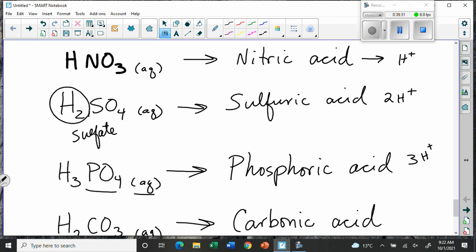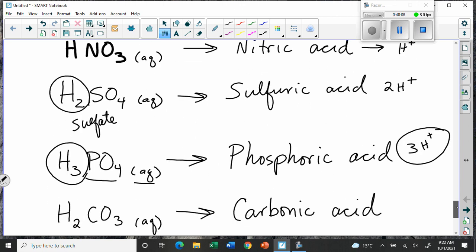Right? So some molecules can give more than one, which would change how many there are. But again, it also depends on how easy it is for water to pull them off. And the problem with some of these acids is as soon as you pull off one, it becomes harder to pull the other two because they get stuck a little harder. And so we're going to learn later that some of these acids, even though they can donate lots of H's, they may not actually be that reactive. And we'll talk about concentrations, and we'll talk about the acid strength and things like that a little bit later.